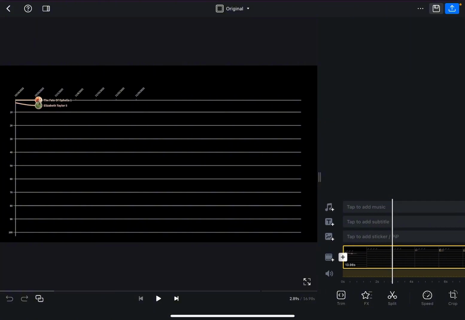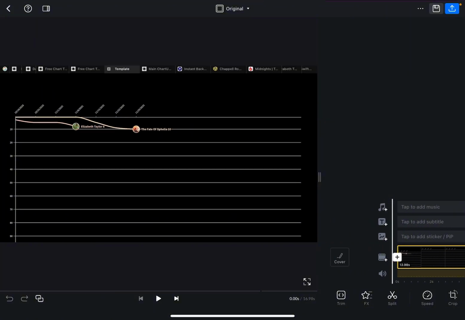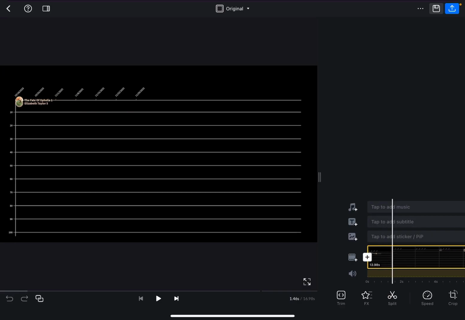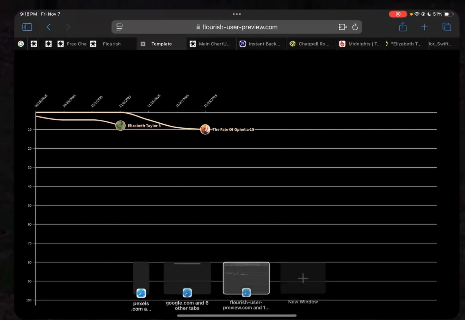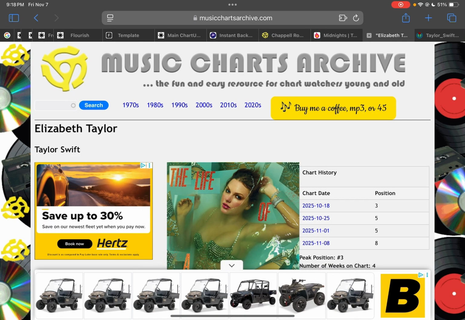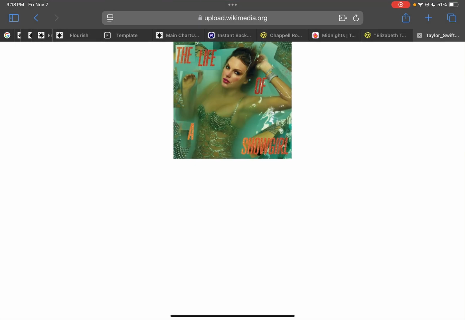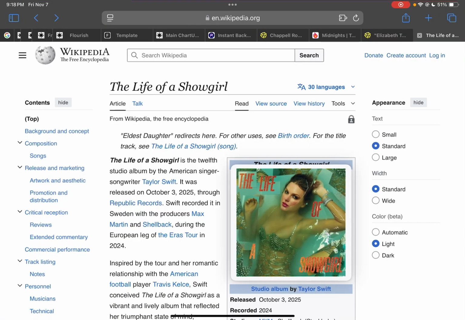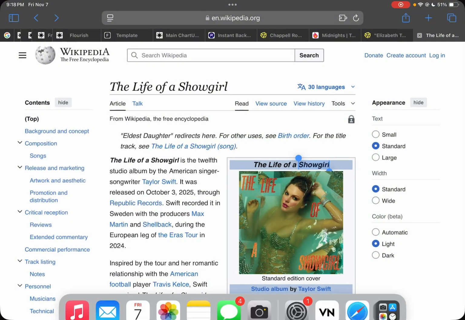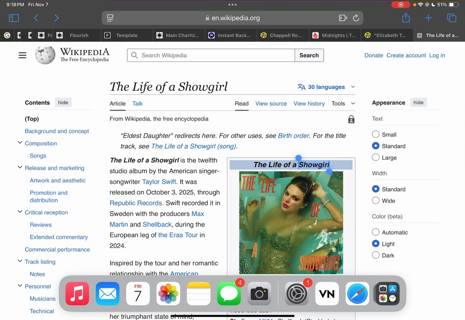So I'm actually going to show you how to add the album cover in the background, like in my videos. So you're going to want to get the album cover. If you did The Life of a Showgirl, just find the album cover, hold down on it, and press save to photos. And then it will be saved to your photos. And go back,